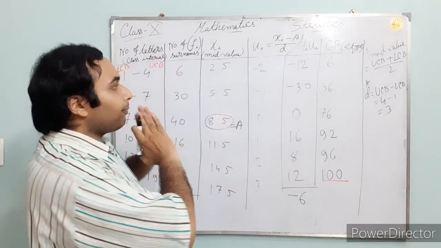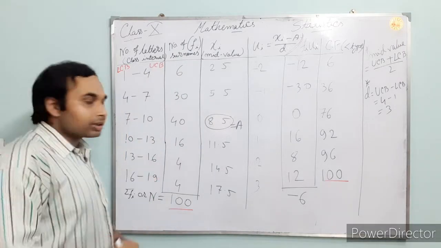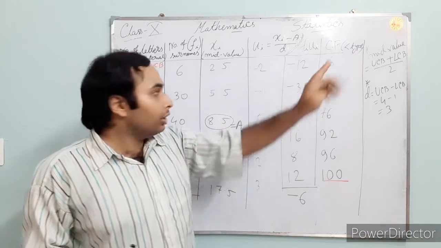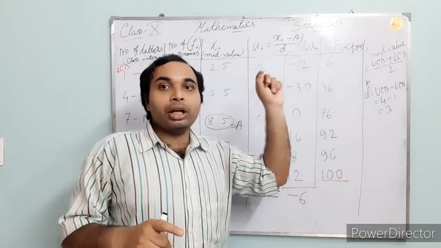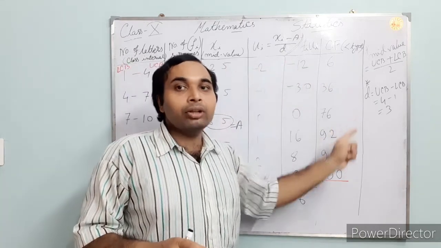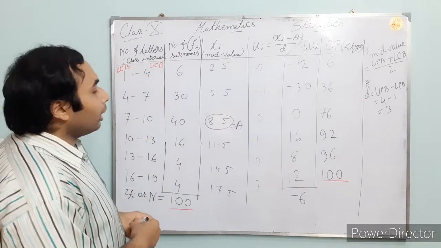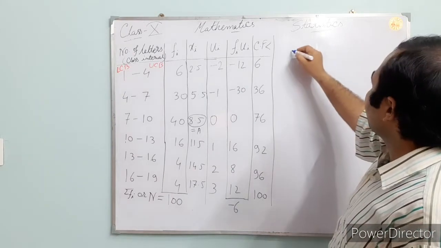Okay, so we have done the part of the table. The table is completed. Again I am saying, if you have to find only the mean, no need to do this cumulative frequency. If you have to find the mode also, no need to do this. If you have to find the median, then only you will do the cumulative frequency. Now we will do the calculations. Let us find the mean.